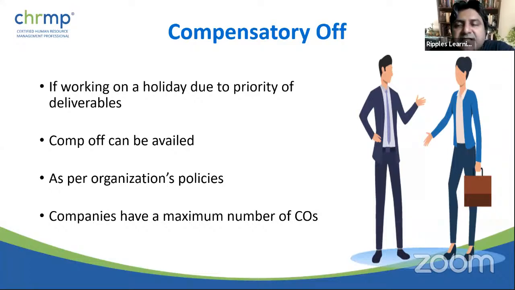Now, some organizations restrict compensatory off only against weekly offs, which means, let's say Saturday and Sunday are off and you worked on one of the Saturdays, you are allowed to take a comp off some other day. But some organizations are flexible enough. They say that you have X number of leaves, you have to use these X number of leaves, and in case you work on any of these days and want to take a leave on any other day, you can do that too, right?